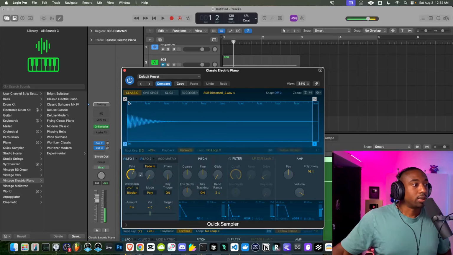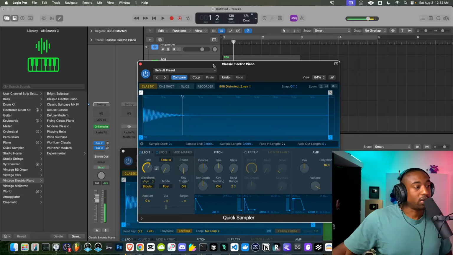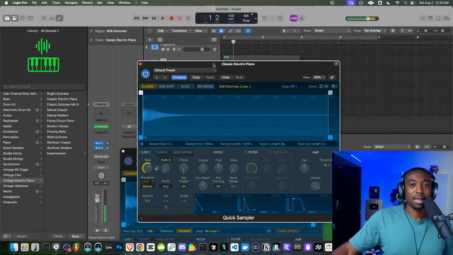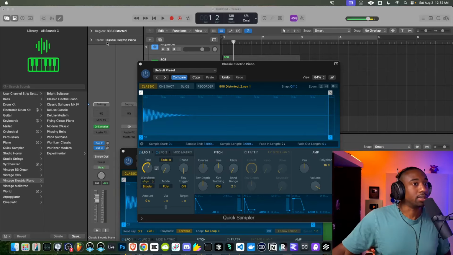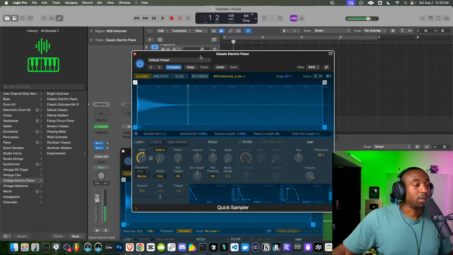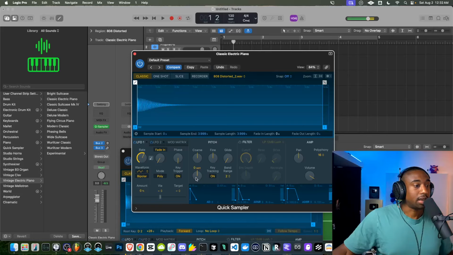But there's a couple characteristics about this 808 that we're missing, which is the punch in the beginning. So we may have to revisit some of the pitch. This is why I said making 808s, when you guys ask me how to do it, it's like I could show you, but doing it is not fun most of the time. So here we have the 808 and we have what's called a pitch envelope. So we can go to envelope depth. This controls similar to how we had the envelope over the coarse pitch. We could do the same thing here.